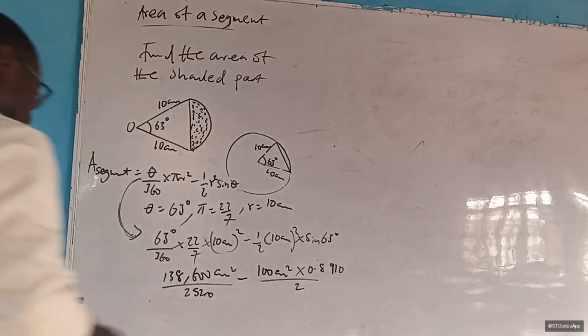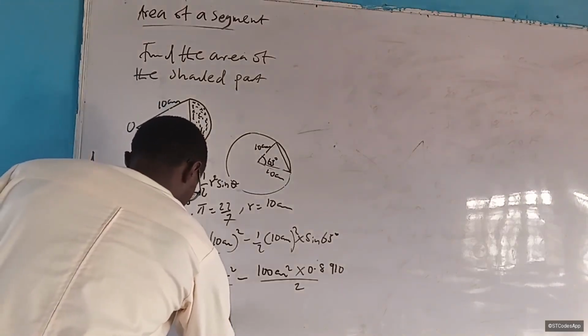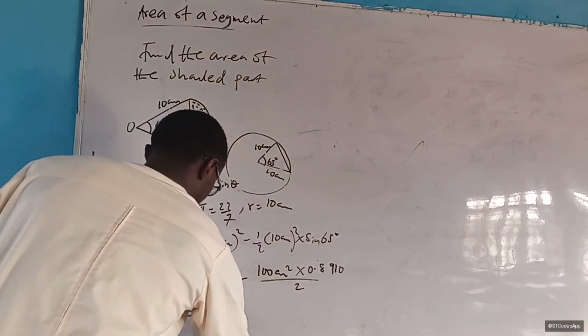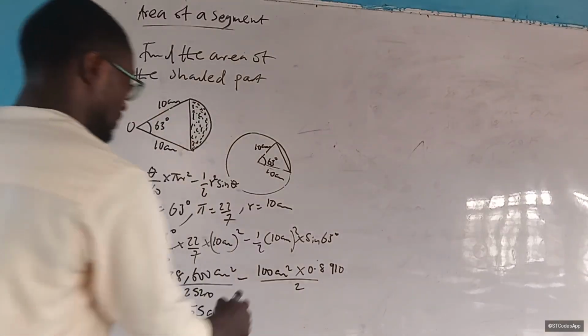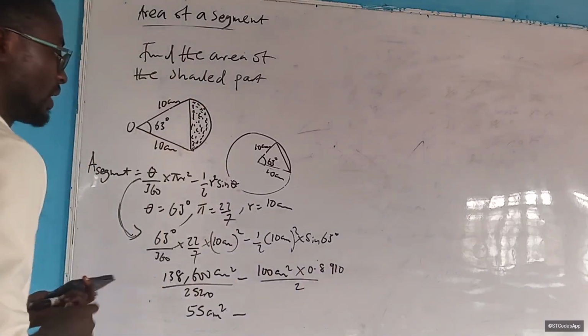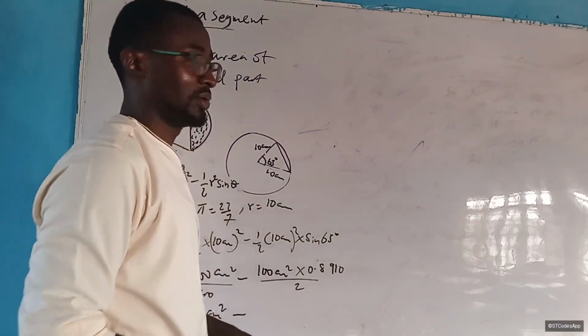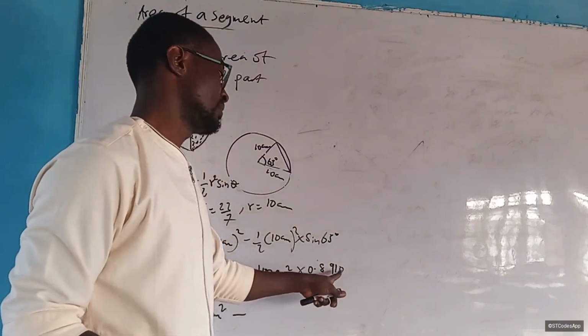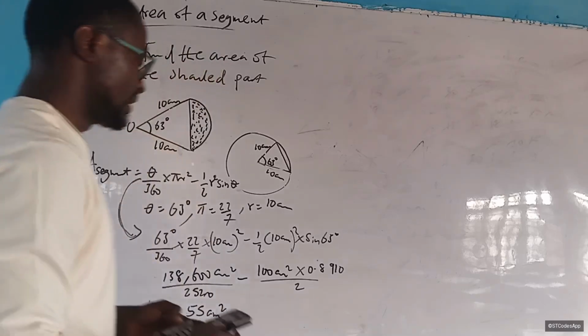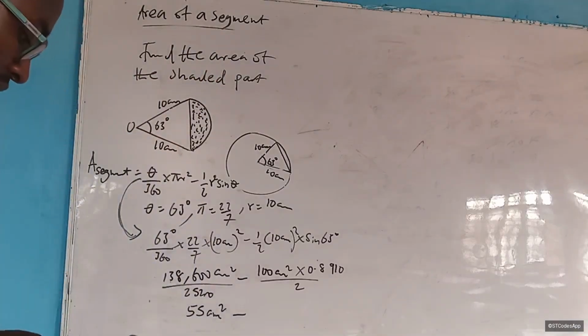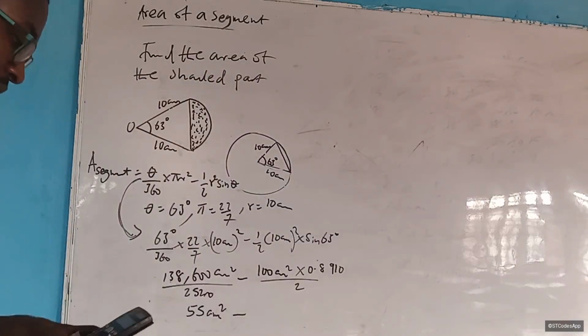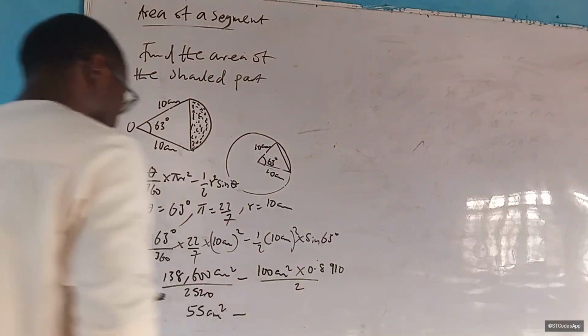That will give us 55 centimeter squared. Now we are going to take the product of this: 100 multiplied by 0.8910 will give us 89.10. So that 89.10 divided by 2, we are going to be having that as